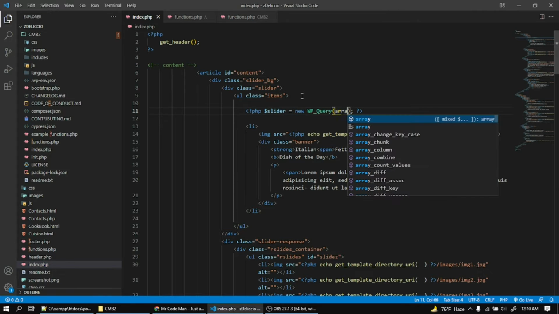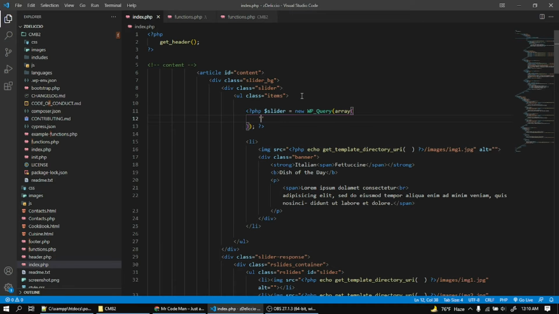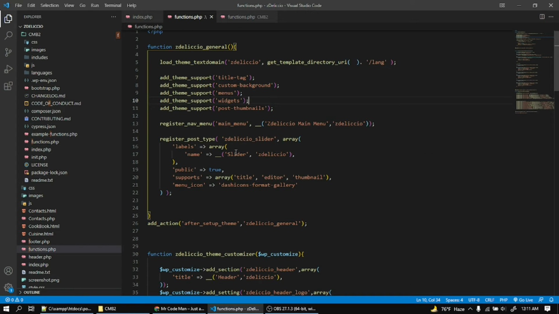And add array and add post type, the ID name. Post type is IDs, title is a slider,